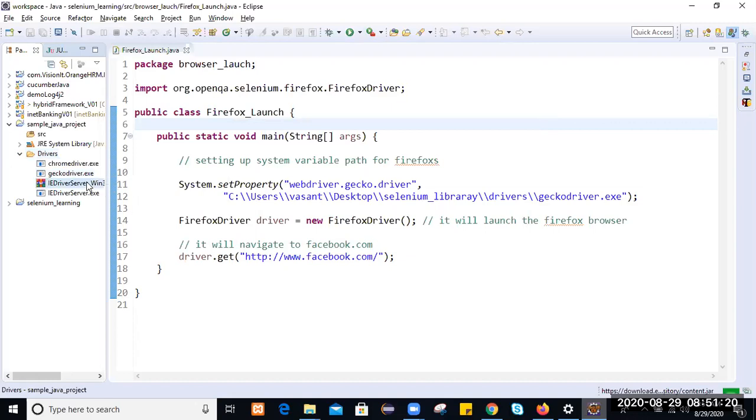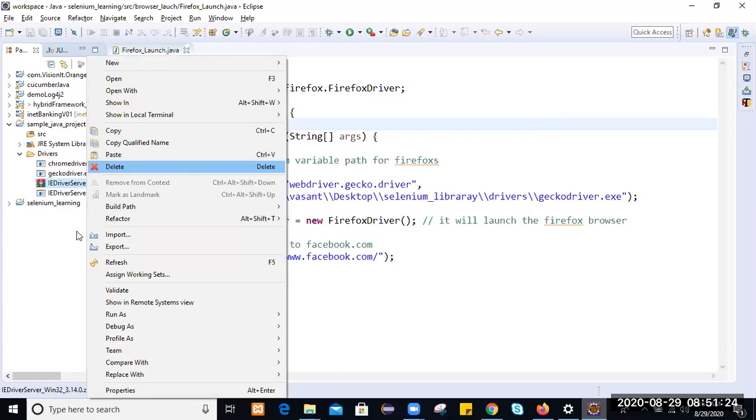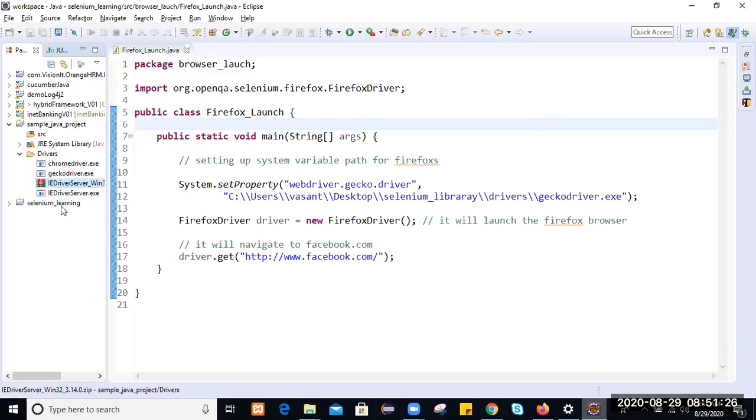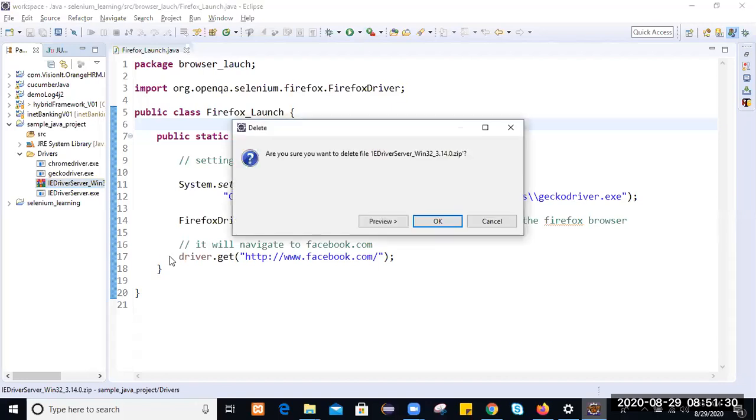We don't require the IEDriverServer zip file, just delete it. We require IEDriverServer.exe. All the executable files we require, not the zip file. So simply that copied zip file will be removed.